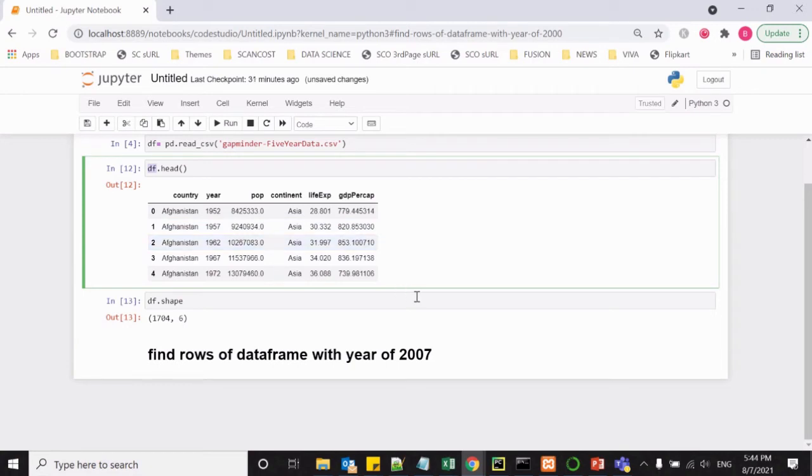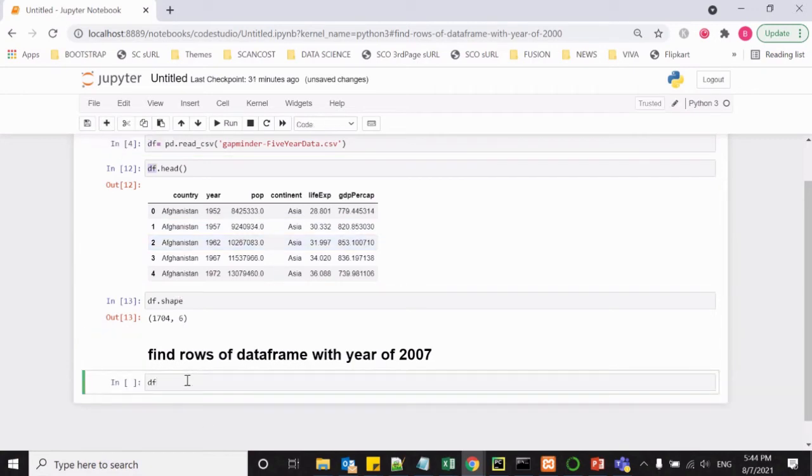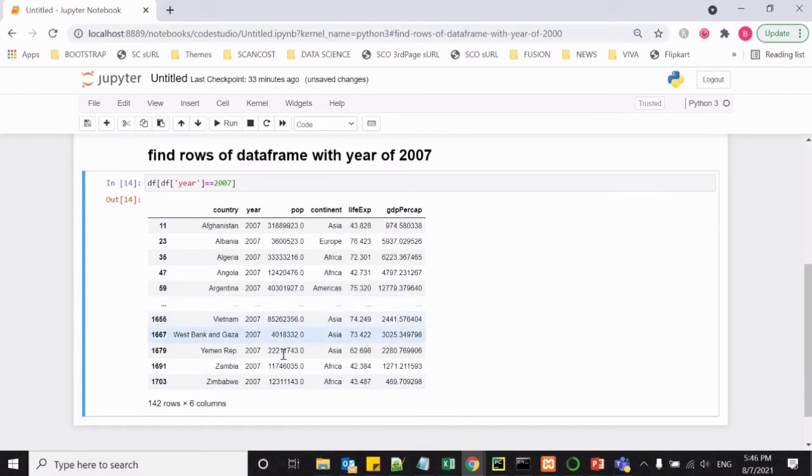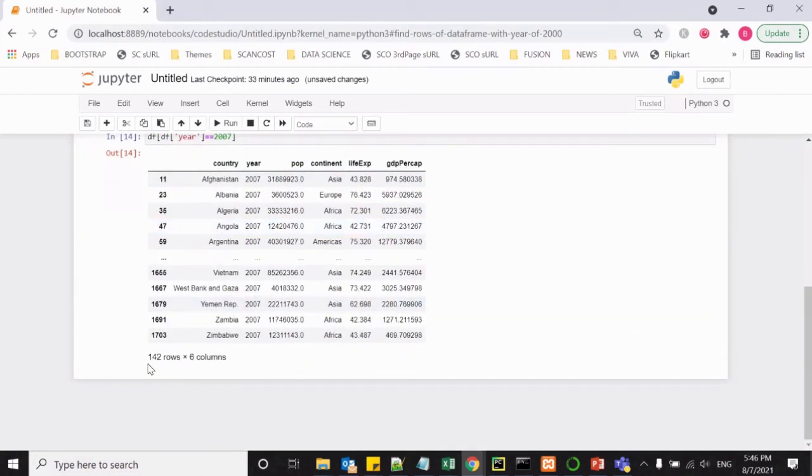Now let us see how to apply a Boolean expression. So here is your data frame. Inside your data frame, write a Boolean expression to apply this condition. On the year column, we need to apply the condition. So here is the condition. Basically this expression will act as a Boolean expression which gives the results in the form of true or false, and whichever rows match are returned. So let's see what the result gives. See this. Now we can see the data frame having only the year 2007. Out of 1700 rows, it fetched around 142 rows which match the year 2007.